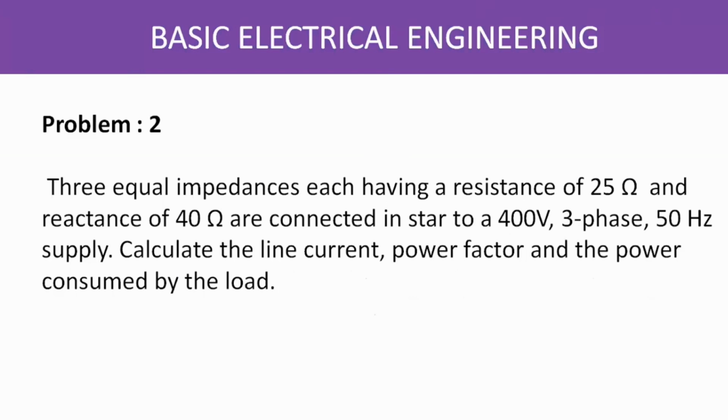The second problem: three equal impedances each having a resistance of 25 ohm and reactance of 40 ohm are connected in star to a 400 volt 3-phase 50 Hz supply. Calculate the line current, power factor and the power consumed by the load. The solution is